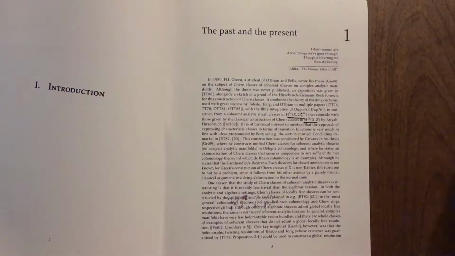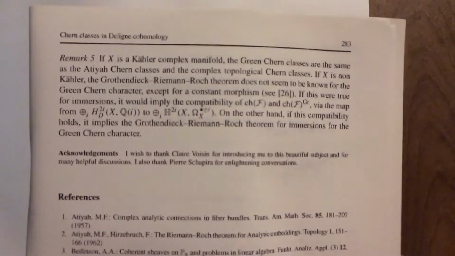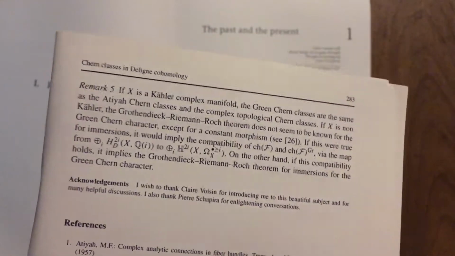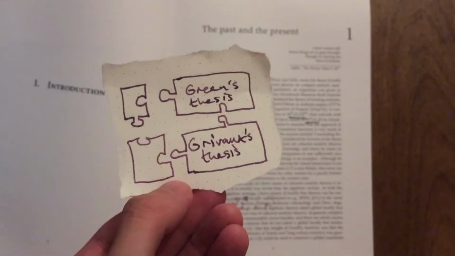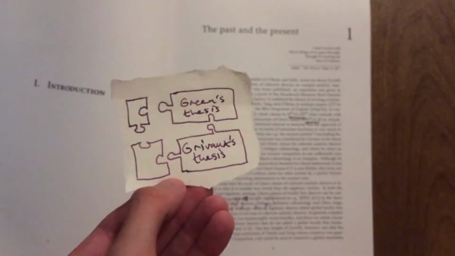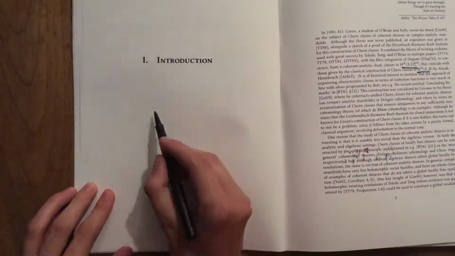Then, nearly 30 years later, in Griveau's thesis, this construction was mentioned as one that should fit into an axiomatization of Chern classes on compact complex analytic manifolds that ensures uniqueness, but the details still hadn't quite been worked out at this point. Finally, for now at least, but hopefully not forever, this year we figured out how to fit all these pieces together by showing that Green's construction is a specific and somehow prototypical example of a more abstract construction.